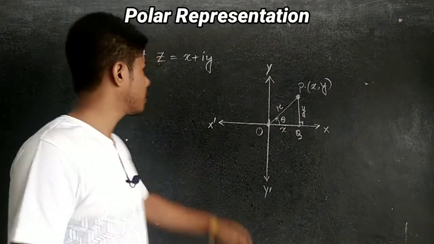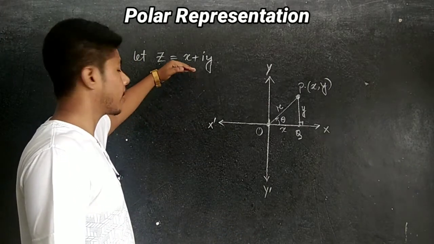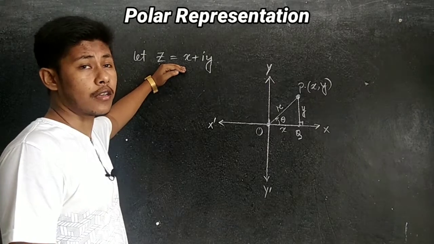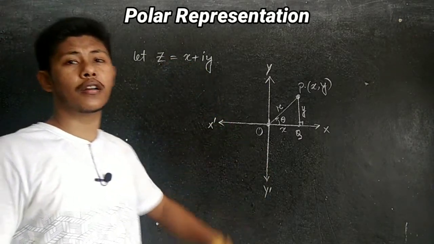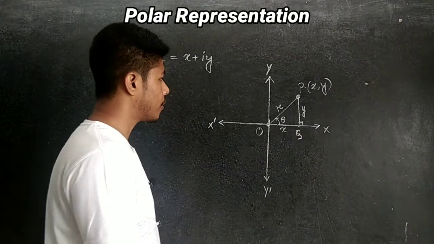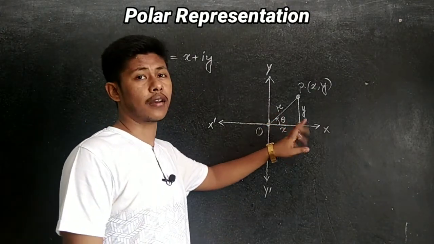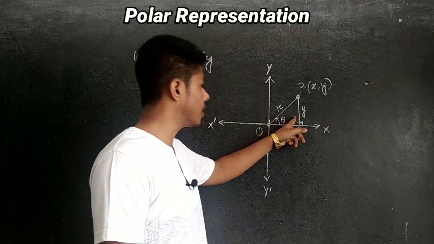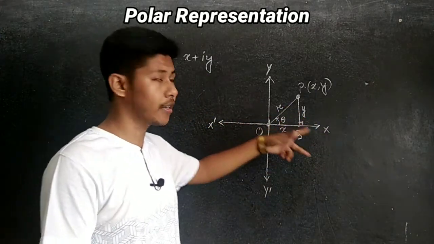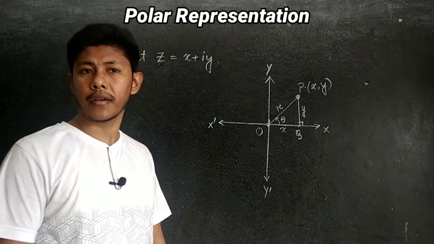Is it clear? So that means this one is a complex number in Cartesian form. What is the form? Cartesian form. And now what we have to convert? This one we have to convert into polar form. Is it clear? So that's why the polar coordinates are r and theta. Now let's see, from this triangle we can easily convert this into polar form, and this r and theta are what? Polar coordinates. Is it clear?